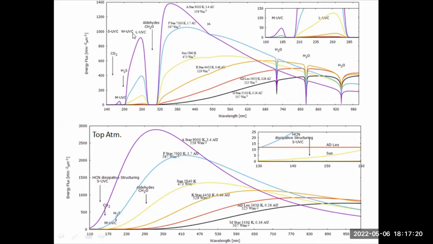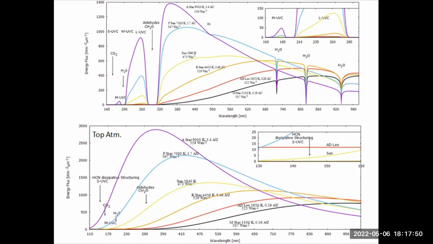We don't want medium wavelength UVC light on the surface, because that can do the ionization and destroy the molecule. And we also don't want short wavelength UVC light on the surface, because that can destroy it even faster. But we do want short wavelength UVC light in the atmosphere, so that we can produce these precursor molecules like